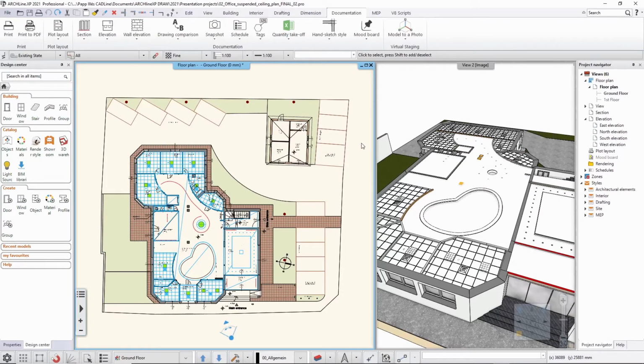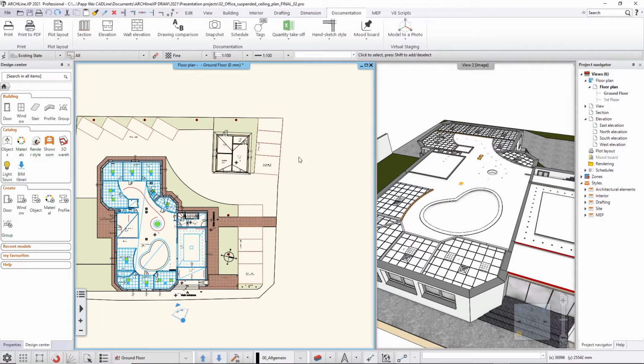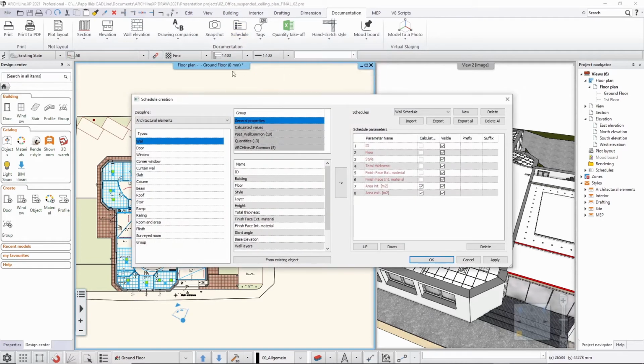Now let's see what sort of functionality and features we have with the schedule toolset. I will actually create a list of windows here, and for that I will use the define schedule toolset. The first thing I'm going to do is select the architectural elements, and there I can find a window. Now here I have a few options to modify this list, and what I'm willing to show you